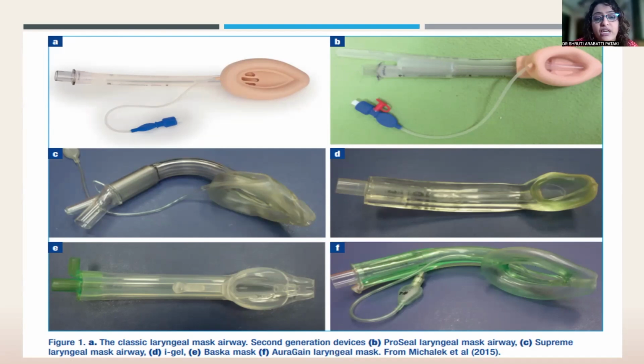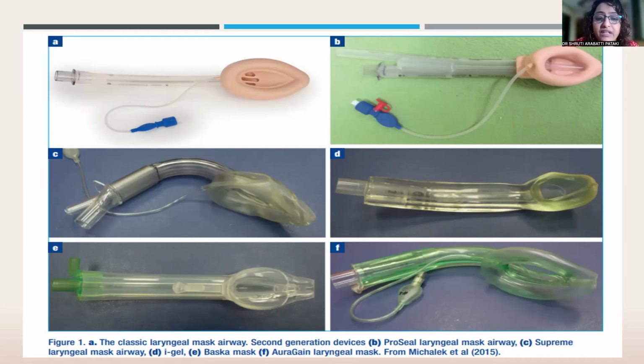Then came the generation of the ILMAs, the intubating LMAs. Now, if you see the intubating LMAs, all the newer ones, all the second generation newer makes and models that have come up, almost all of them, you can use almost an 8-number endotracheal tube with the regular 3-number and 4-number LMAs, adult size, that we are using. You can use an endotracheal tube as large as 7 or 8 internal diameter.